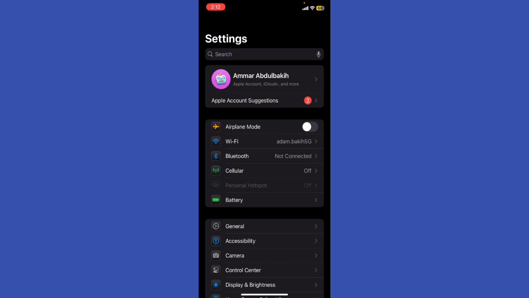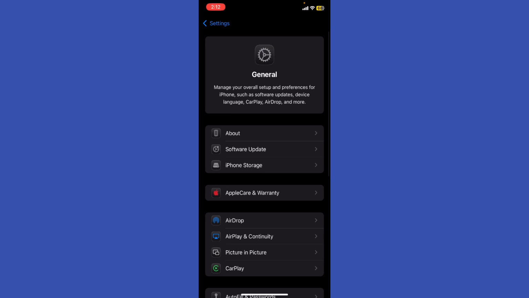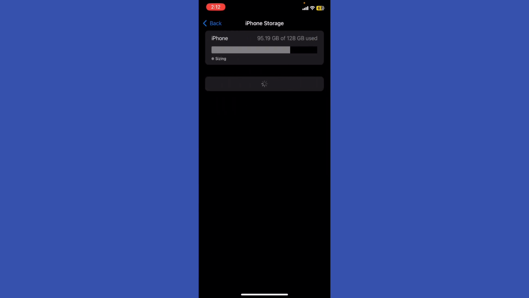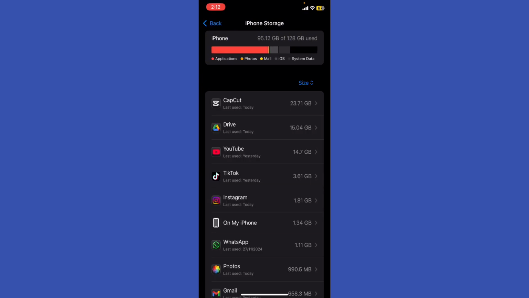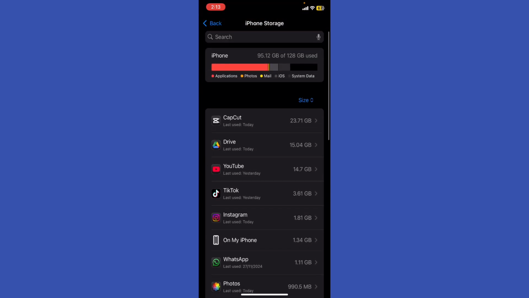General, right? After you've opened the settings, go ahead to the iPhone storage. And as you can see right here, I have 95 gigabytes, so I consumed 95.12. Now what I'm going to do, I'm going to go to the